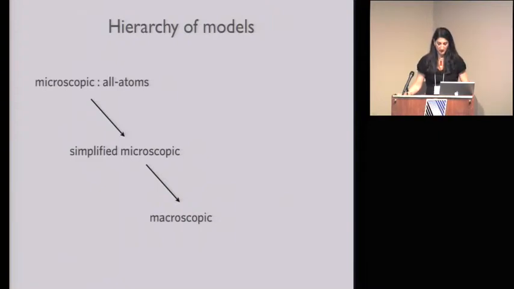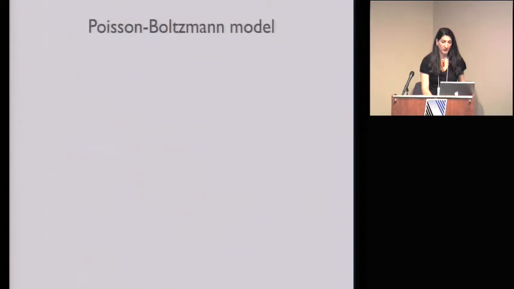You can find them in the literature. I will, as I said, give you some references, which approximate the effect of the heterogeneous media around the proteins by some sort of lattice approximation or something like that. It's an intermediate approximation. And then there's the macroscopic, the continuum approximation. And that is where we're working in my group, in the macroscopic continuum approximation. So this is the model that is used, the Poisson-Boltzmann model, one of many, and there are detractors